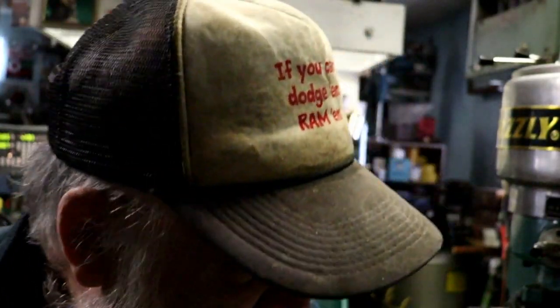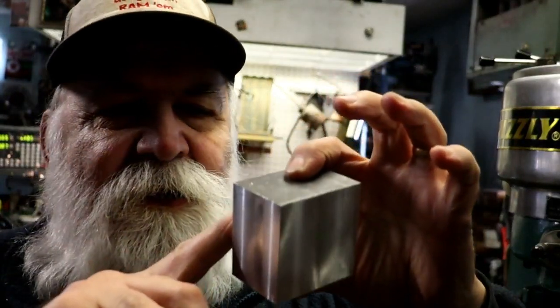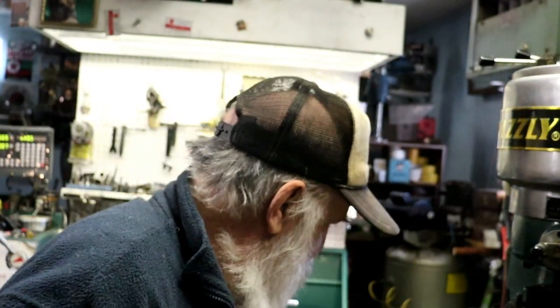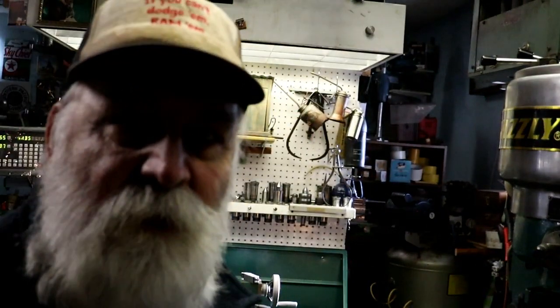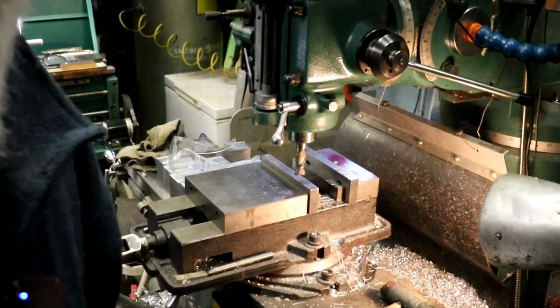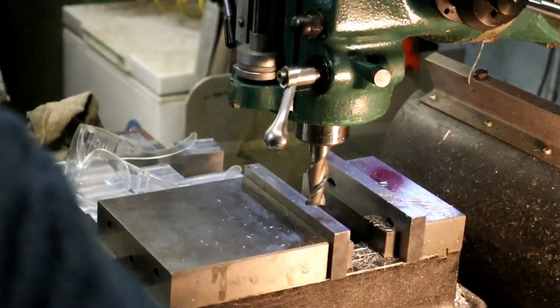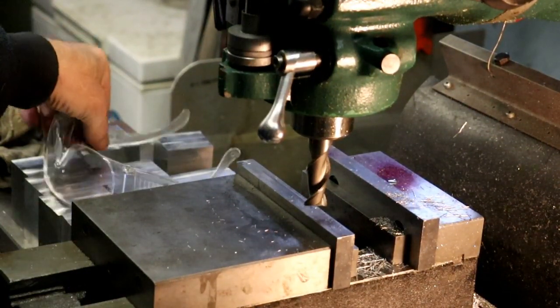All right, now we're done with this side, this side, this side, and this side. So now we're going to do the two end sides. First thing we're going to do is I put an end mill in the machine. Zoom in here a little bit. All right, I put an end mill in the machine,